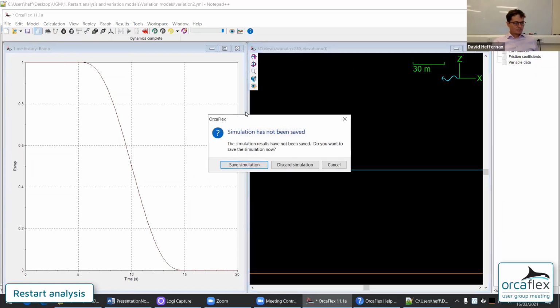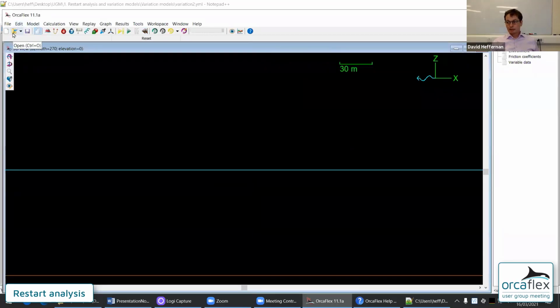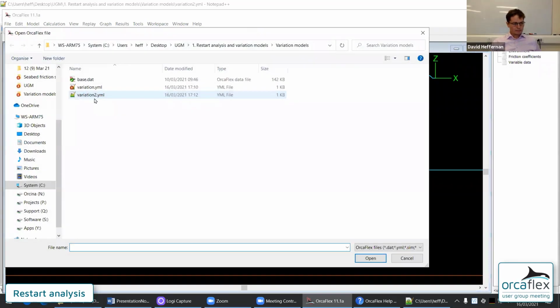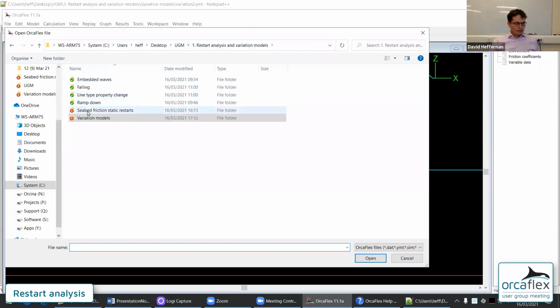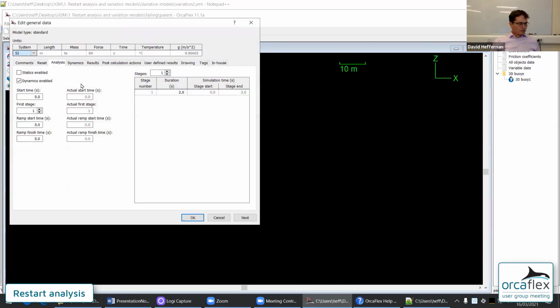I'm going to begin with the most basic example. This is an example that can be found in the documentation. Let me find it. Okay. So what I have here is a 3D buoy sitting in space, and I've actually disabled statics.